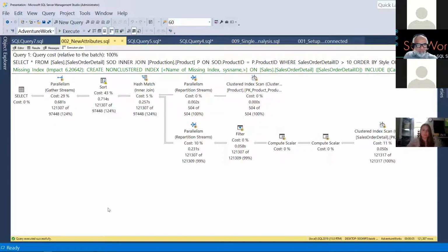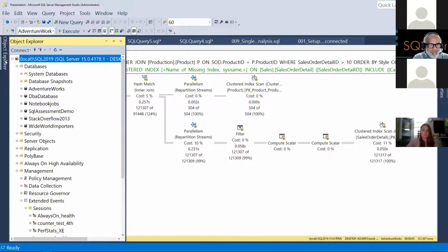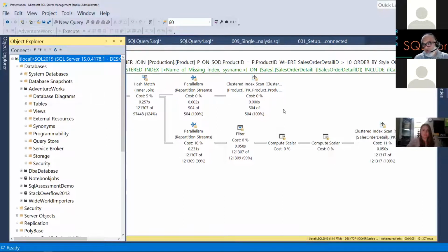Yeah, these are some of the stuff I want to show you. And there's another thing I want to show you about Query Store. If you're not using Query Store, this is not a talk about Query Store, but